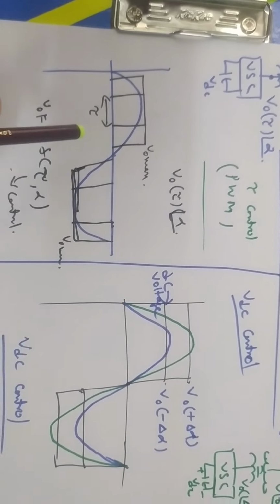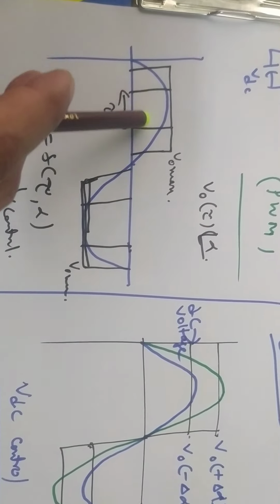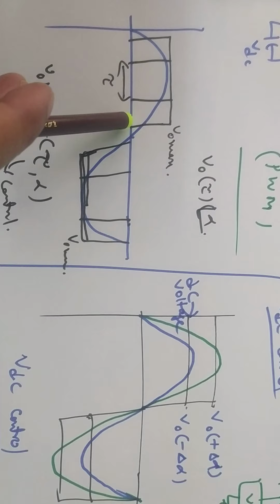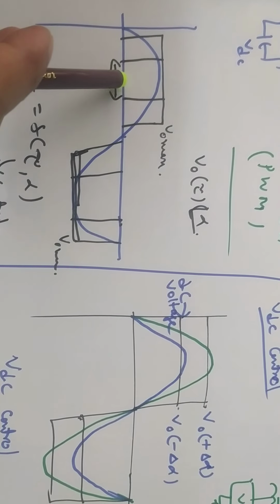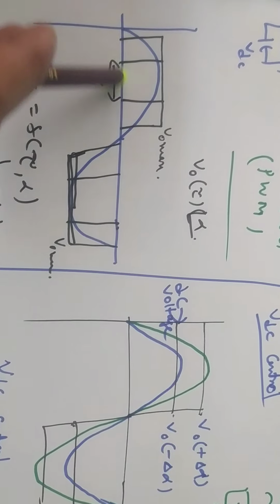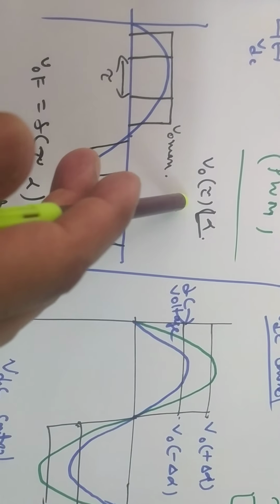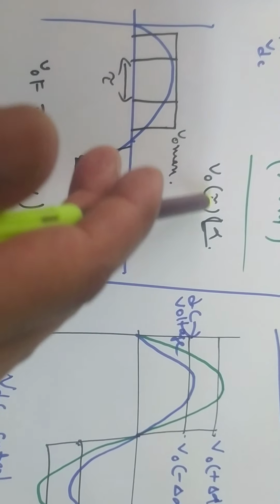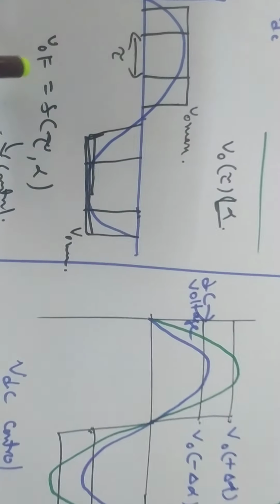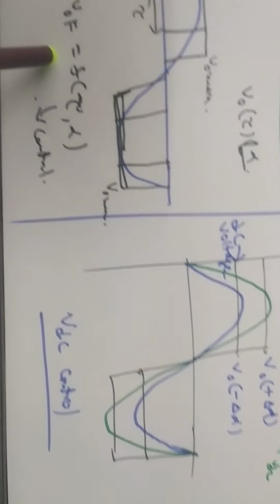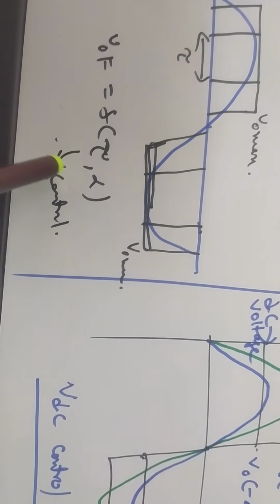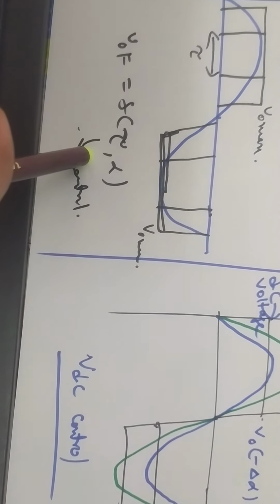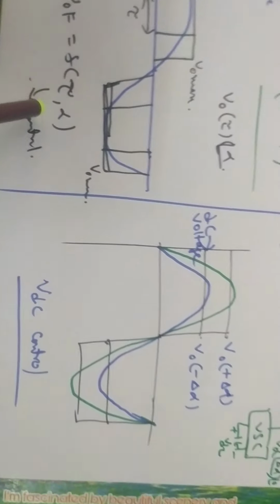When you compare these two methods, this control is useful to control the output voltage of the converter by changing the tau value, tau 1, tau 2, tau 3, like that. V naught is a function of tau at constant alpha. Tau 1, tau 2, tau 3, V naught 1, V naught 2, V naught 3, like that you can control. The V naught, the output voltage of the converter, is a function of tau and alpha. Generally we will keep alpha constant and tau can be controlled with the help of PWM, pulse width modulation technique.